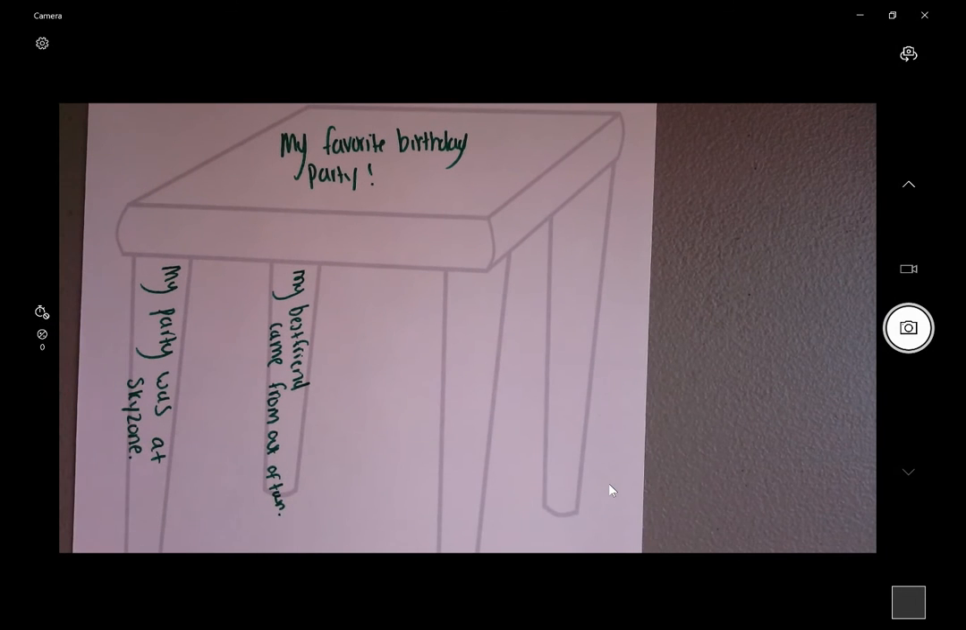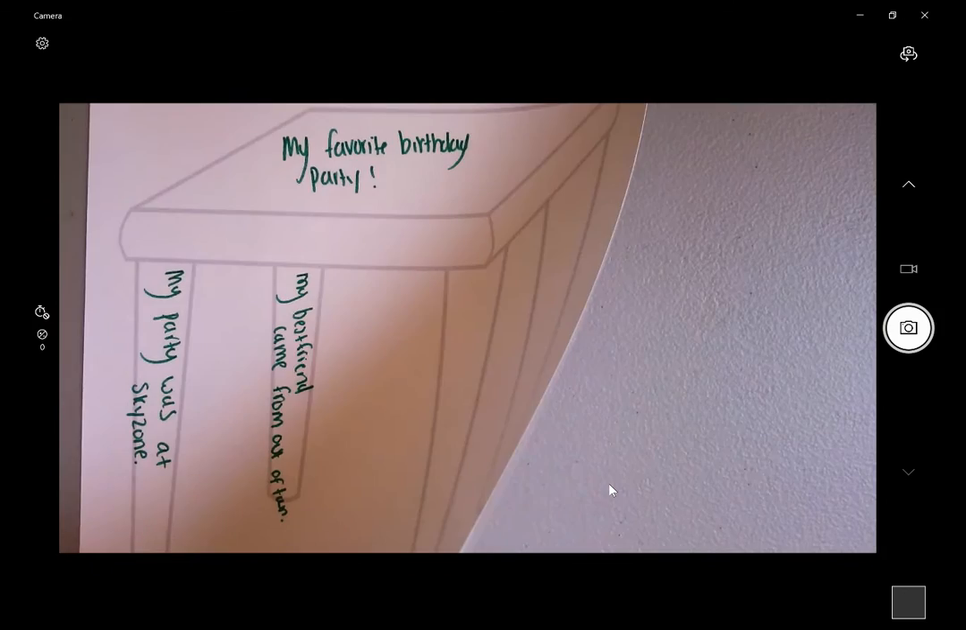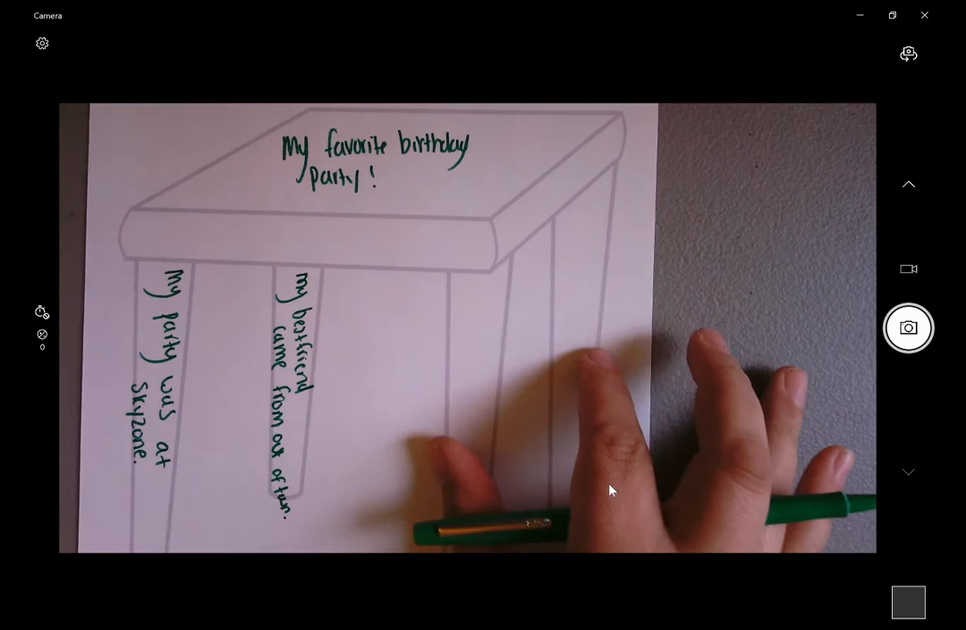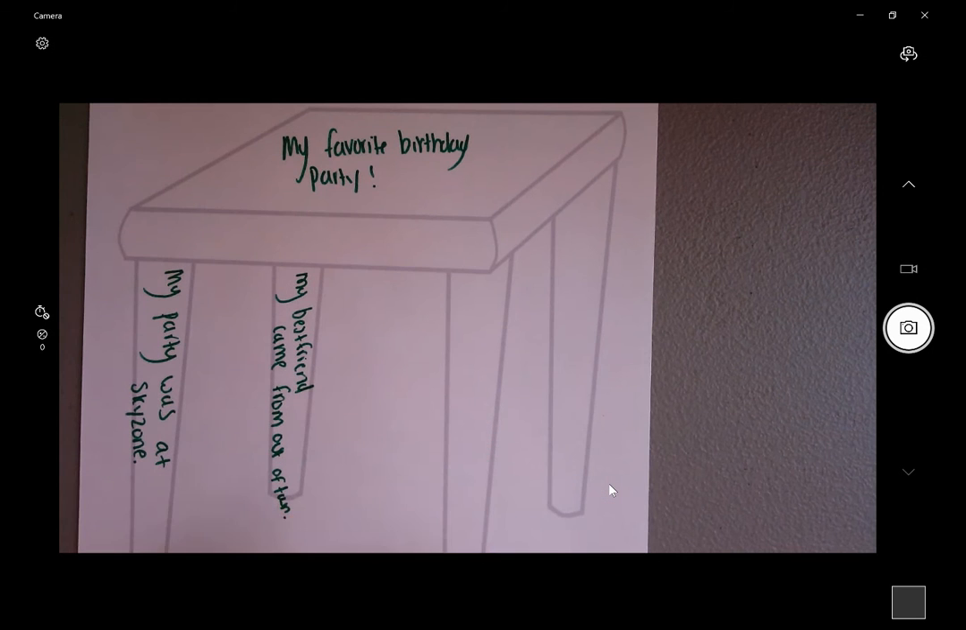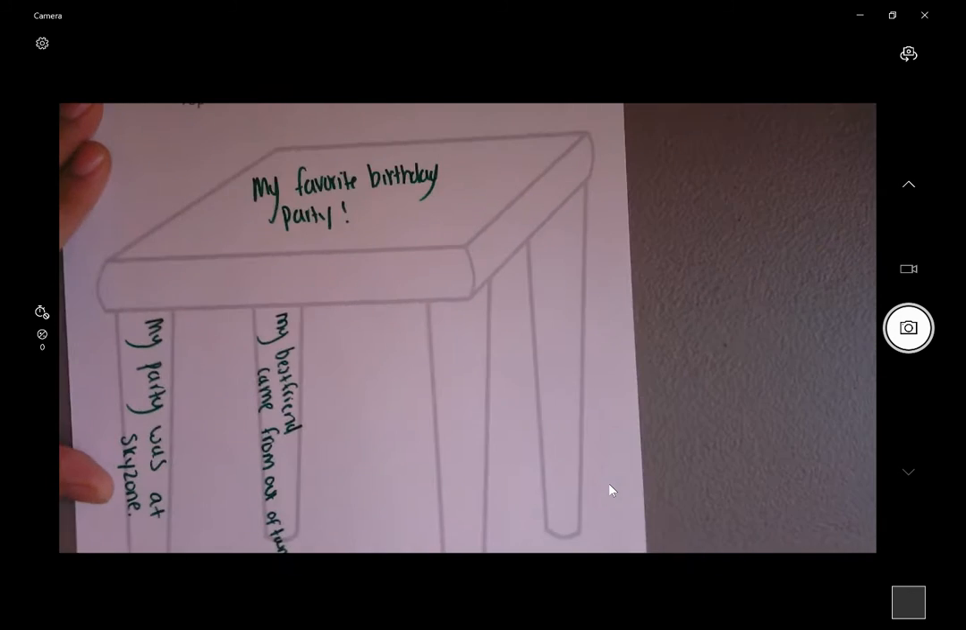All right. So now I have two details that tell you why this was my favorite birthday party ever. Again, if we only have two, our table is going to dump over. All right. So we need two more legs that are going to support our table and make it stand up. All right. So we're going to think of another reason why this was my favorite birthday party. Let's talk about maybe the gifts we got. Okay. So I can say that